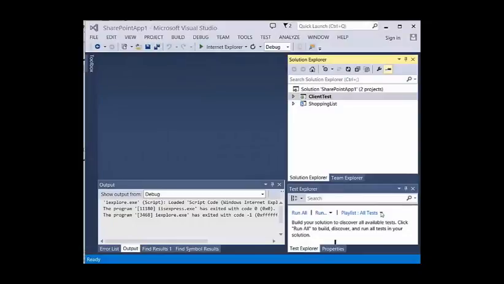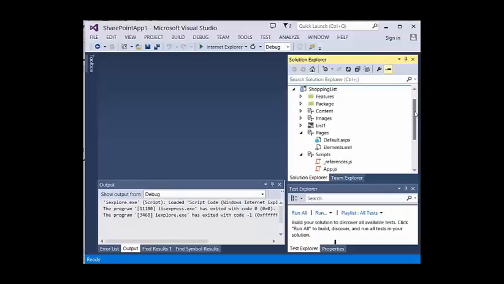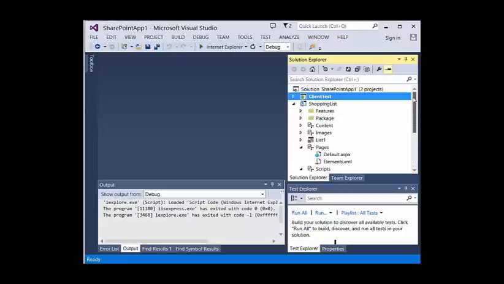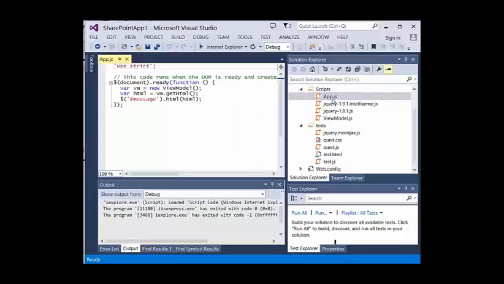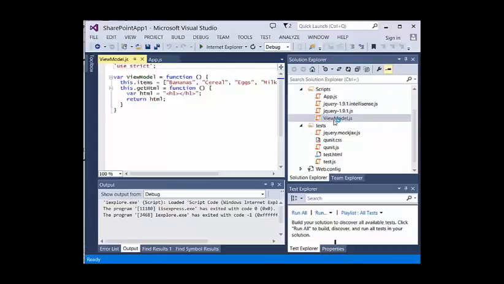So now we have the client test version of this. We've got our shopping list class, but now it's been implemented as a piece of client-side code using jQuery and JavaScript. But we've also got a client test project here, and that's just a normal web project, except we've added quite a few JavaScript files. We've added jQuery, we've got this app.js which starts everything up. We've got a view model class, so we've got a very simple view model